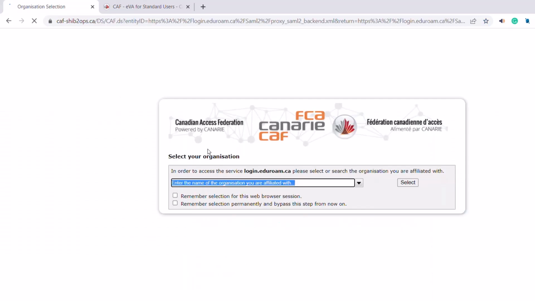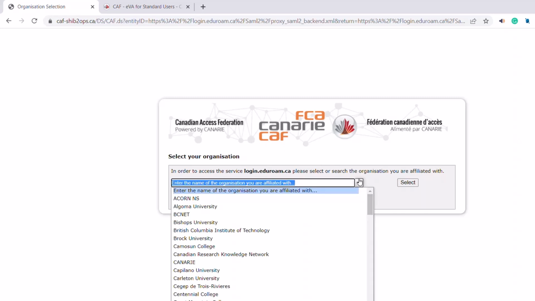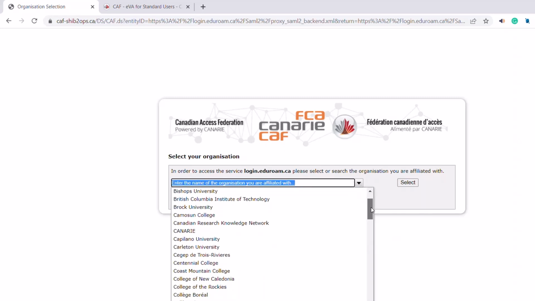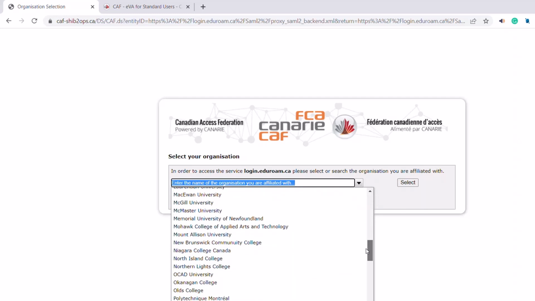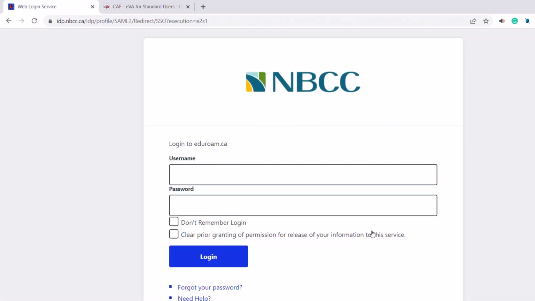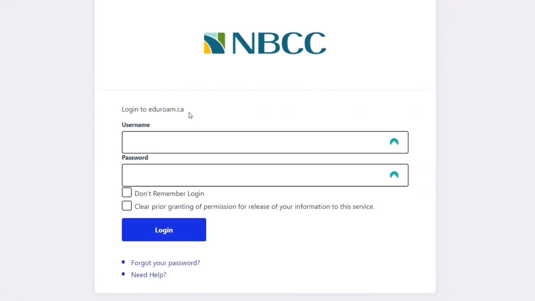And then it'll bring me to the Canadian Access Federation Canary page here, where I just need to click on the little drop down arrow and then select the New Brunswick Community College from the list of schools available here. So there's New Brunswick Community College right here. So if I select that, it'll automatically redirect me to the login page here, where I need to put in